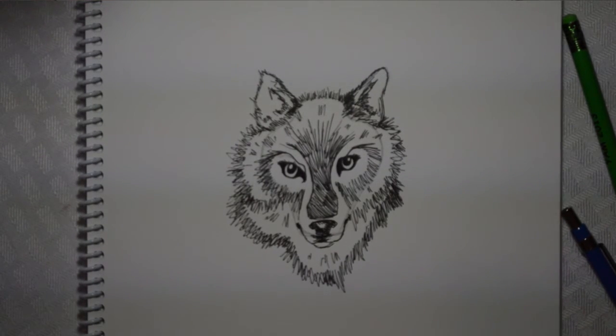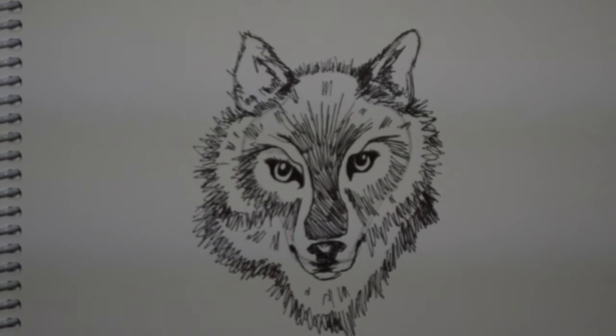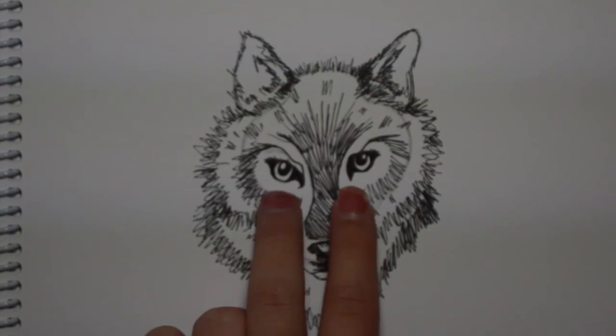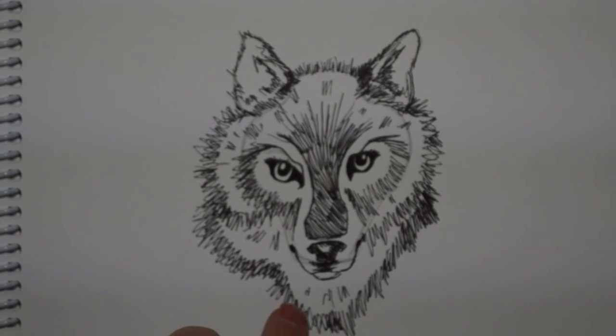And that is our wolf. I hope you had fun drawing your wolf. I enjoyed drawing mine. I think he came out really well. And again, the key to having a good looking wolf, you need two things. You need good eyes and you need good fur. And as long as you have that or work on those two details, you will have